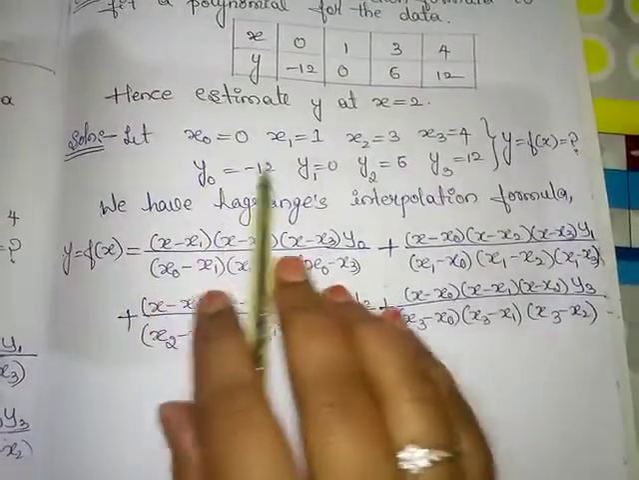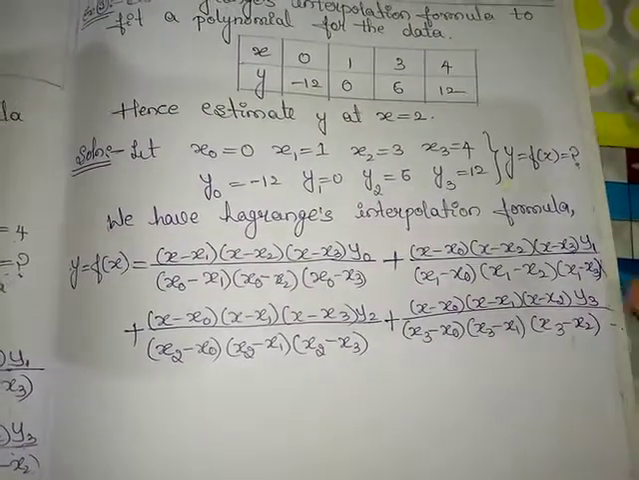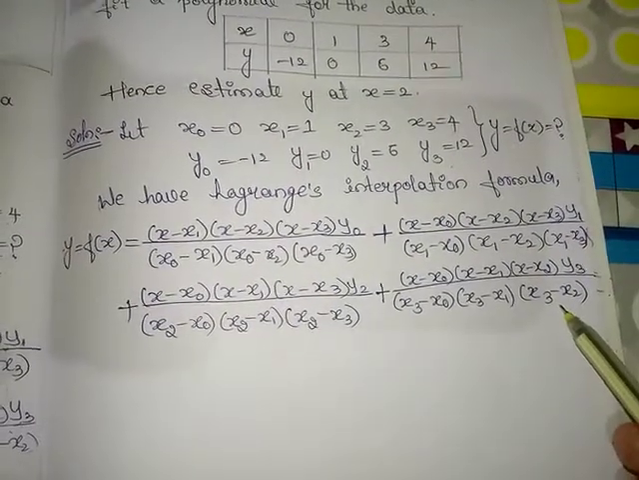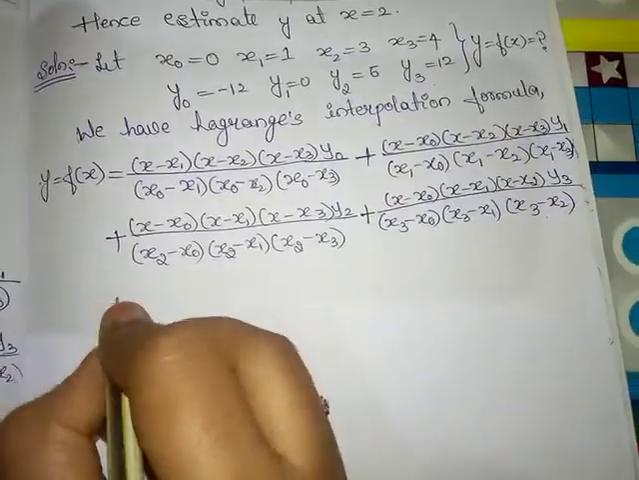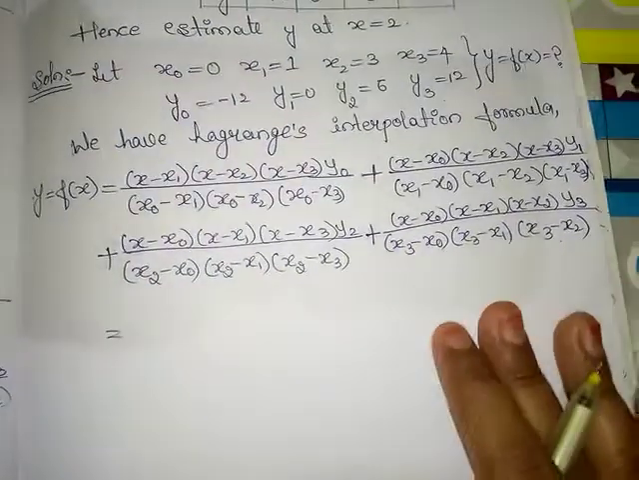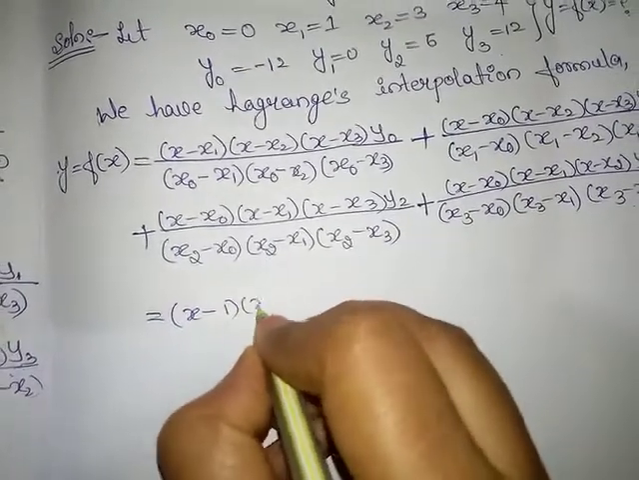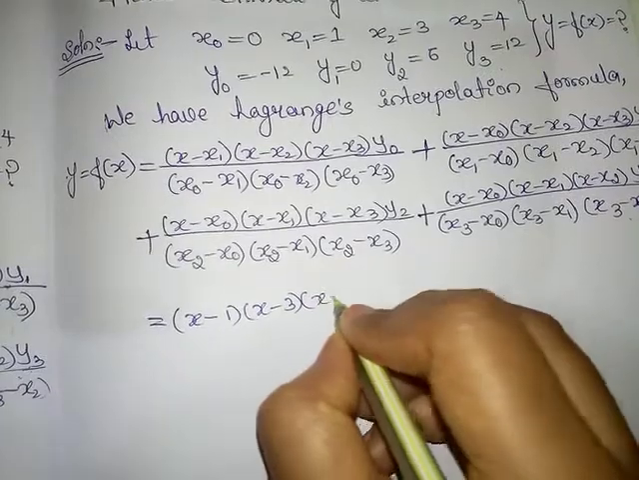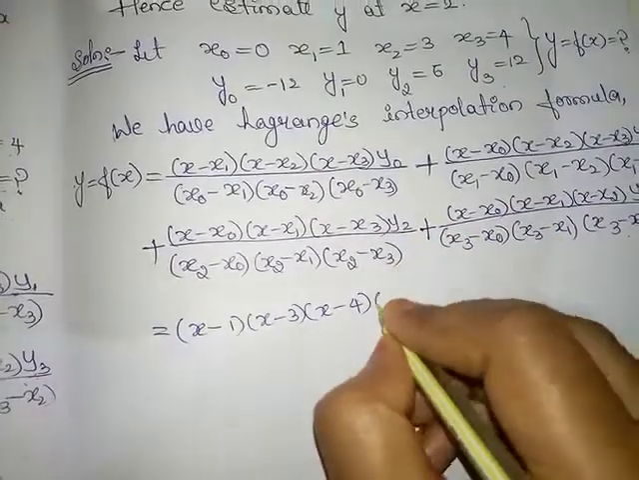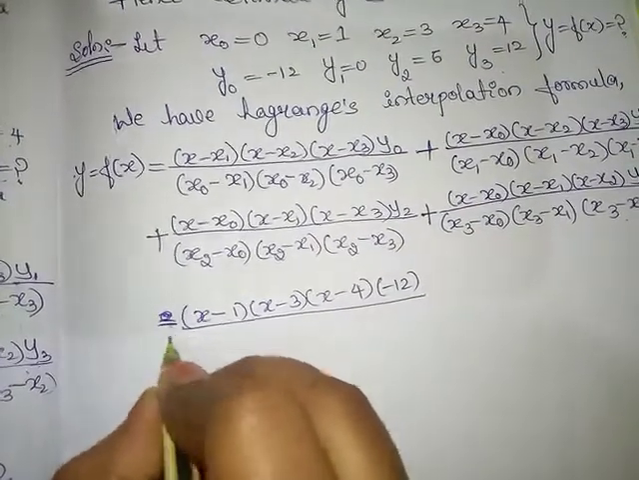See, first we have to write x values and y values, and this is our Lagrange's interpolation formula. Here also we have the terms up to x3 and y3. According to that you have to write the Lagrange's formula. Now substitute the values. Here x is kept as it is, because first we have to find the interpolating polynomial. x minus 1, x minus 3, x minus 4. x1 is 1, x2 is 3, x3 is 4. y0 is minus 12, all divided by